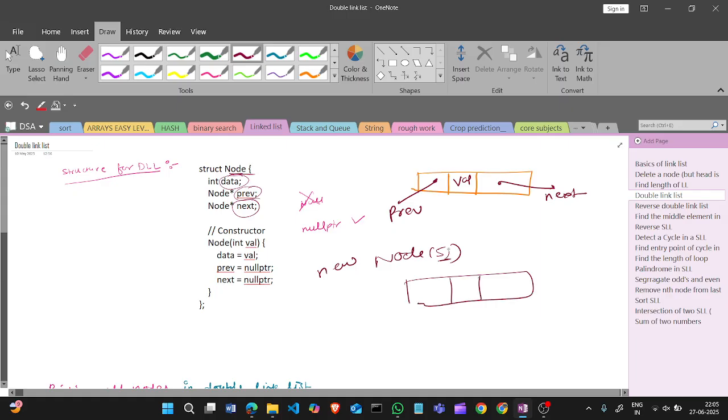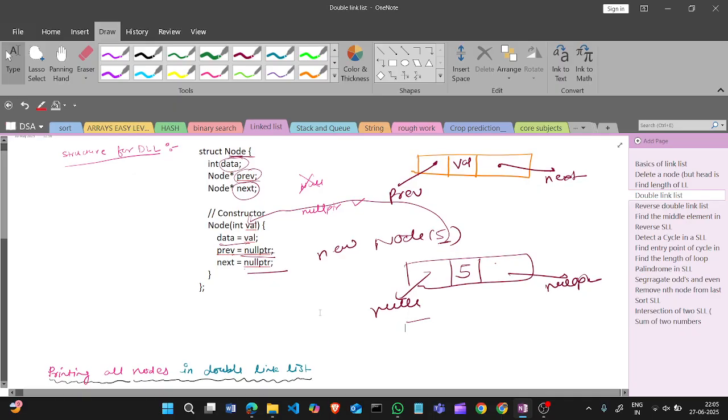It passes 5 to data, and next is null, previous is null. So null values are in these. In this way we can create the structure of a node for a double linked list.